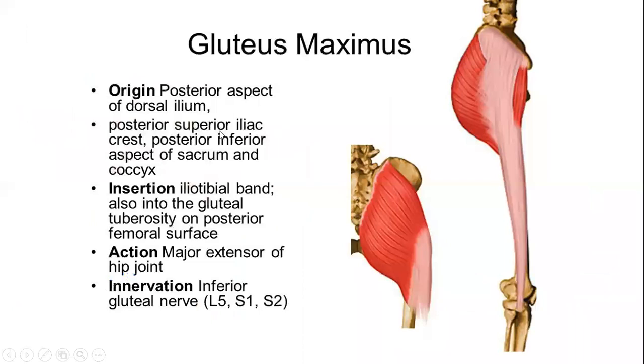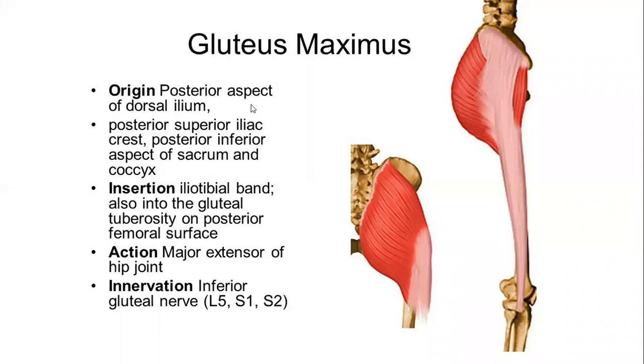Now let's see the attachments, nerve supply, actions, and various clinicals associated with the muscles of the superficial layer in the gluteal region. So what are the muscles that are present in the superficial layer of the gluteal region? We have gluteus maximus. Further under it, we have gluteus medius. Further deeper to it, we have gluteus minimus. And almost over the lateral side, posterolaterally, we have tensor fascia lata. So let's see the attachments of the gluteus maximus.